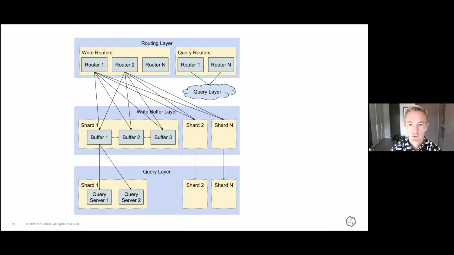So now we're back to the entire picture. What we have at this point is an ingest path that's isolated from the query path. We can scale ingest separately from query, and we can bring up new query servers by pulling all the data that we need from object storage, except the absolute most recent stuff, which we'll just pull from the memory of the RightBuffer. So we're in the process of building all these different